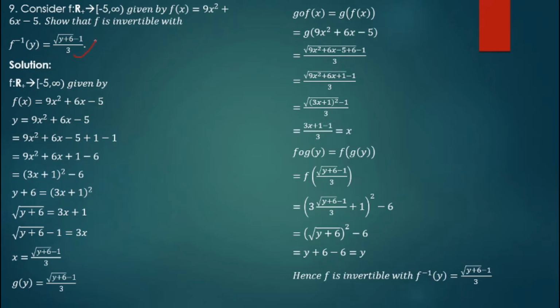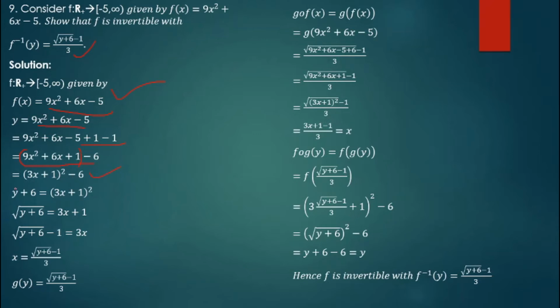I need not explain more what to do. Solution, so we'll write the given. Now we remember factorization, but we can't factorize this. So we use the completing square method. According to the completing square method, we add and subtract 1. When we add and subtract 1, factorization will become easy. So for that, see, 9x square plus 6x plus 1 is what? 3x plus 1 the whole square minus 6.